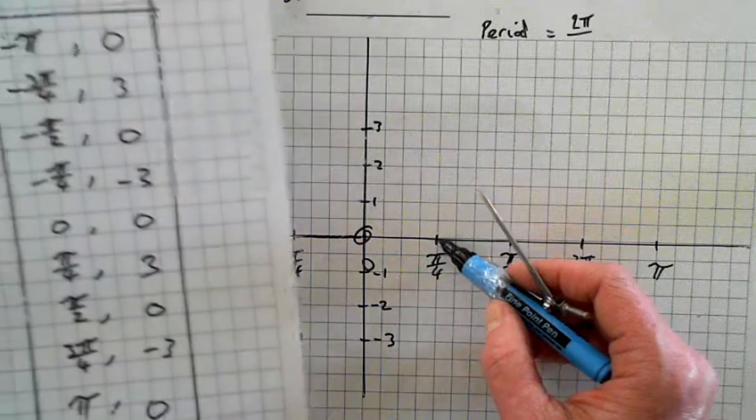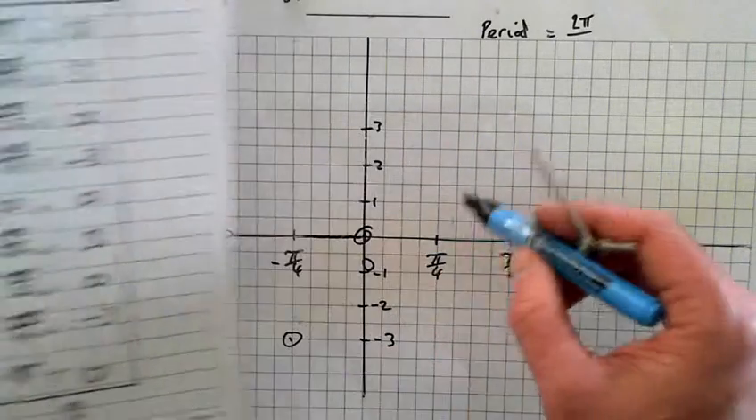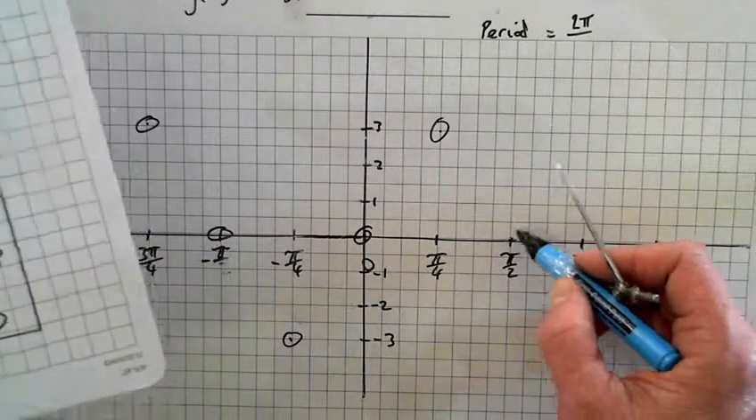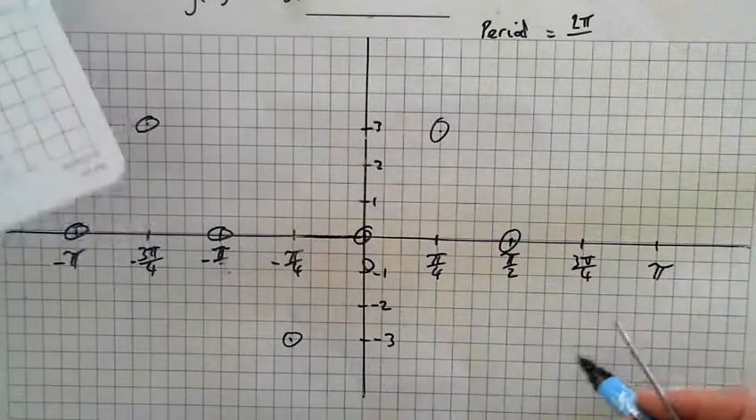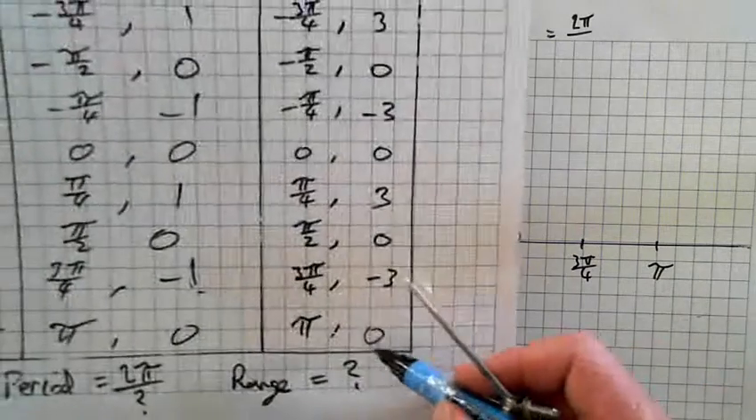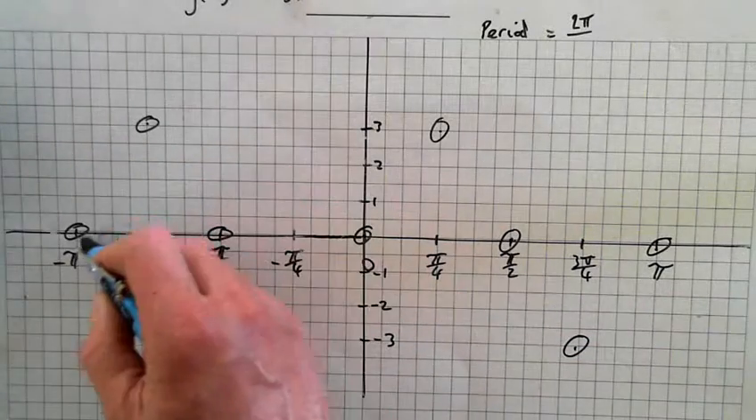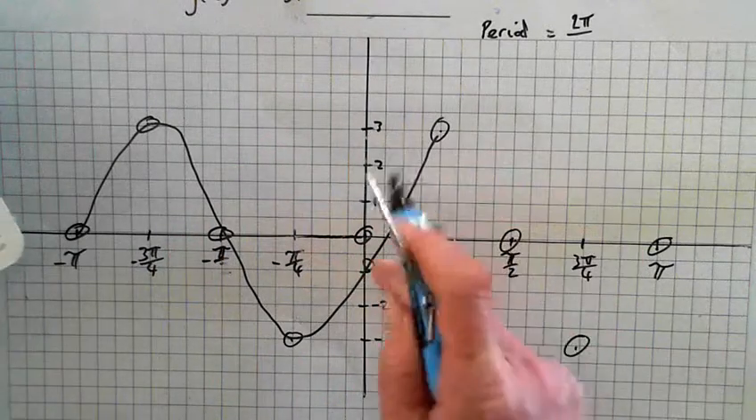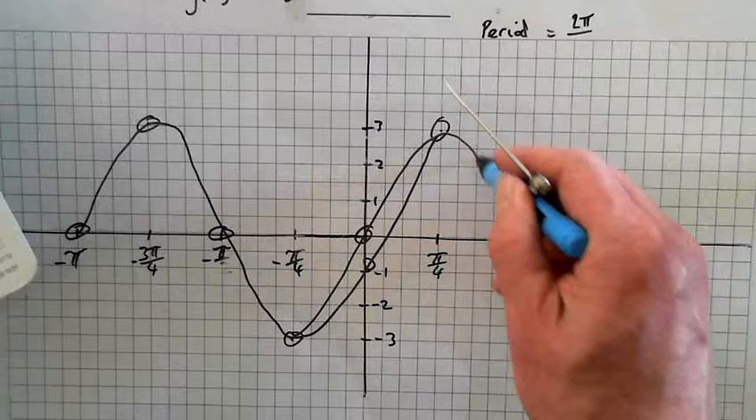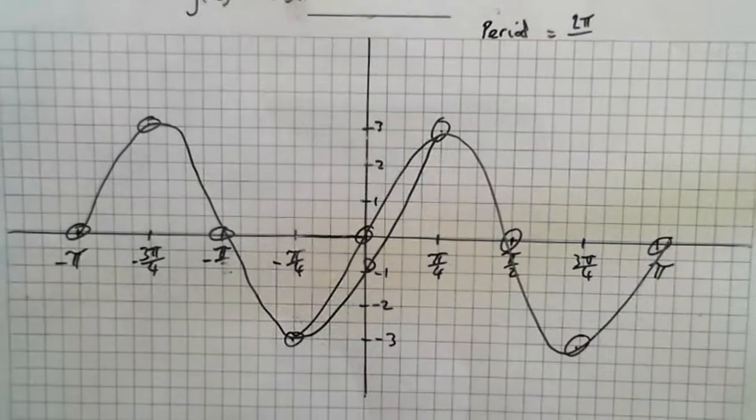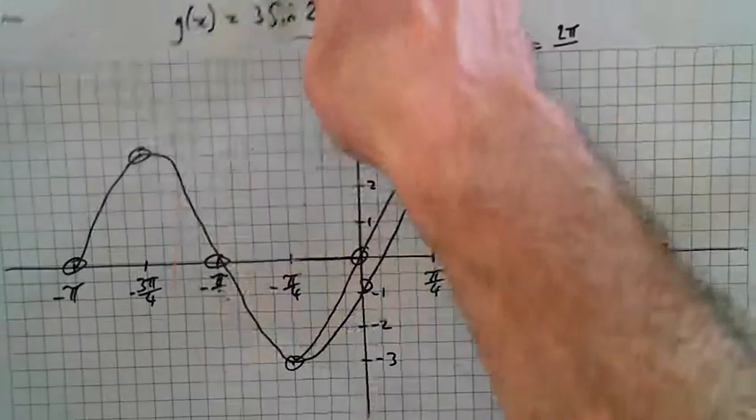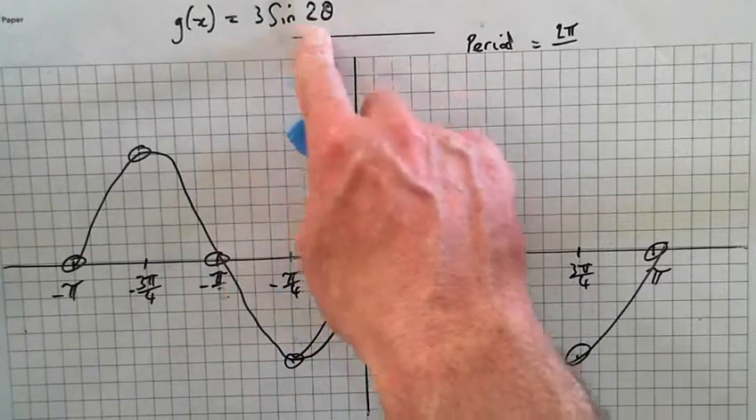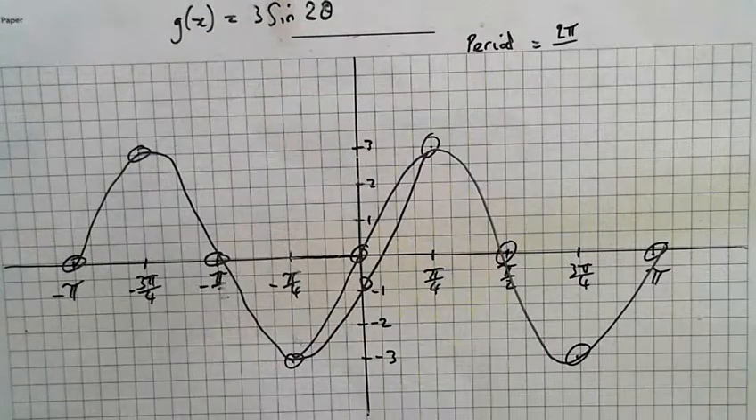And you can see a bit of a pattern emerging. Pi over 4 is 3. Pi over 2, 0. 3 pi over 4, minus 3, and pi is equal to 0. So that's my graph. Sorry, I missed it there. Up to there. Okay. So that's y is equal to 3 sine 2 theta. Sorry, what was your